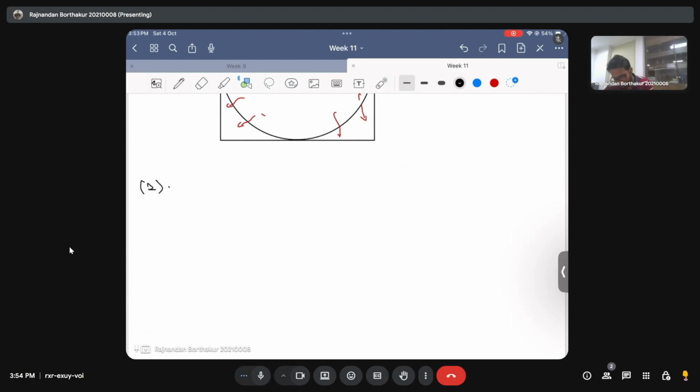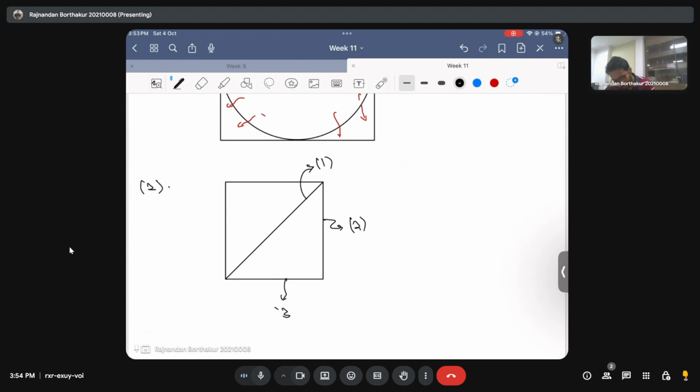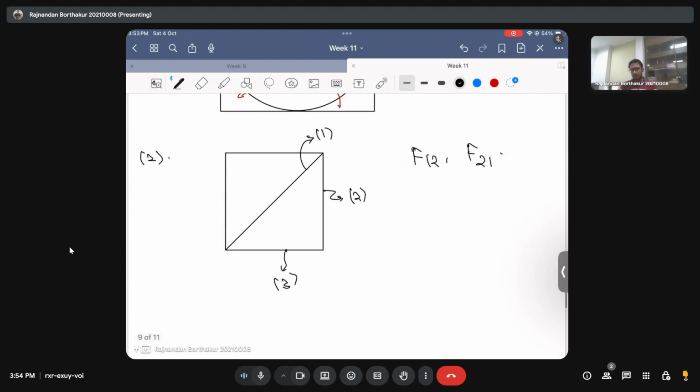So let's draw the picture. This is a square duct with a partition where this partition is named as 1, this surface is named as 2, and this is named as 3, and we need to evaluate what is F12 and F21. So the same